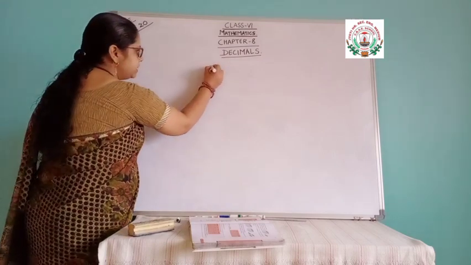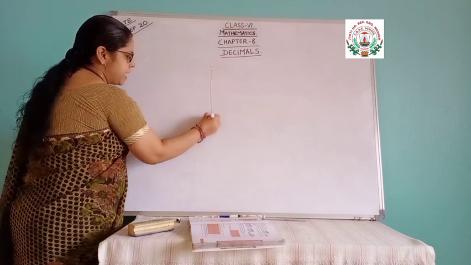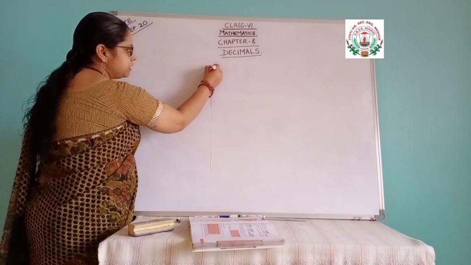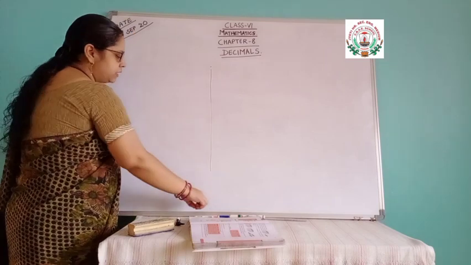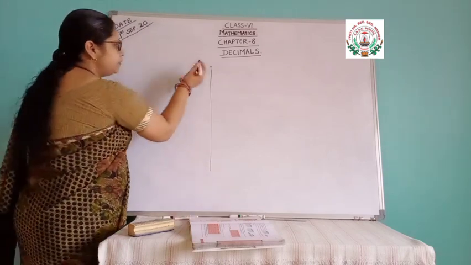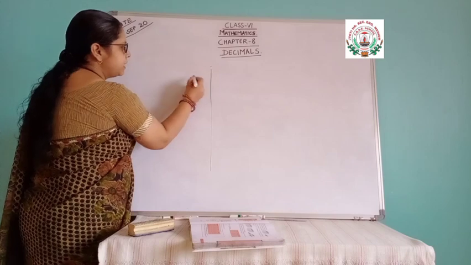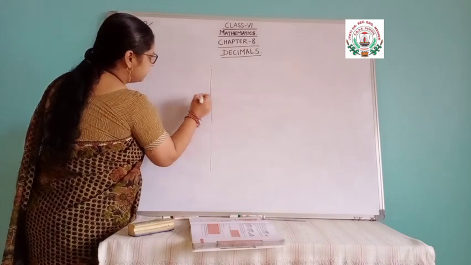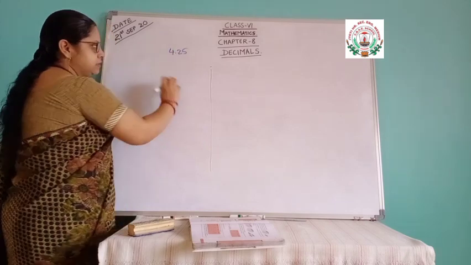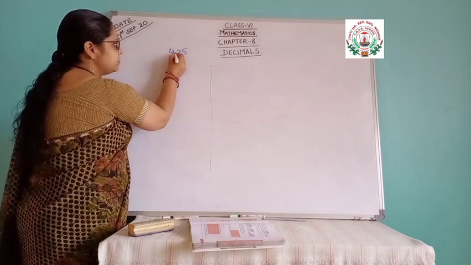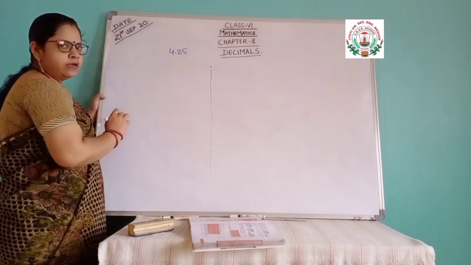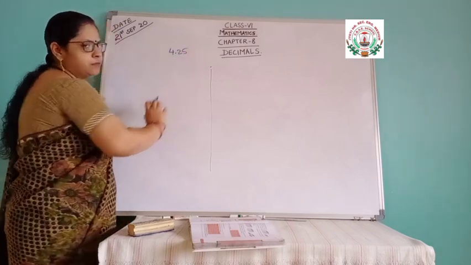Now where the decimal is coming from, there the partition begins. Before this decimal, the whole number will be there. Like, what answer did you get here? Somewhere it is 4.25, something like this. So from this decimal, the partition will start. Before this decimal the whole number is there, and after this decimal the decimal part is there.